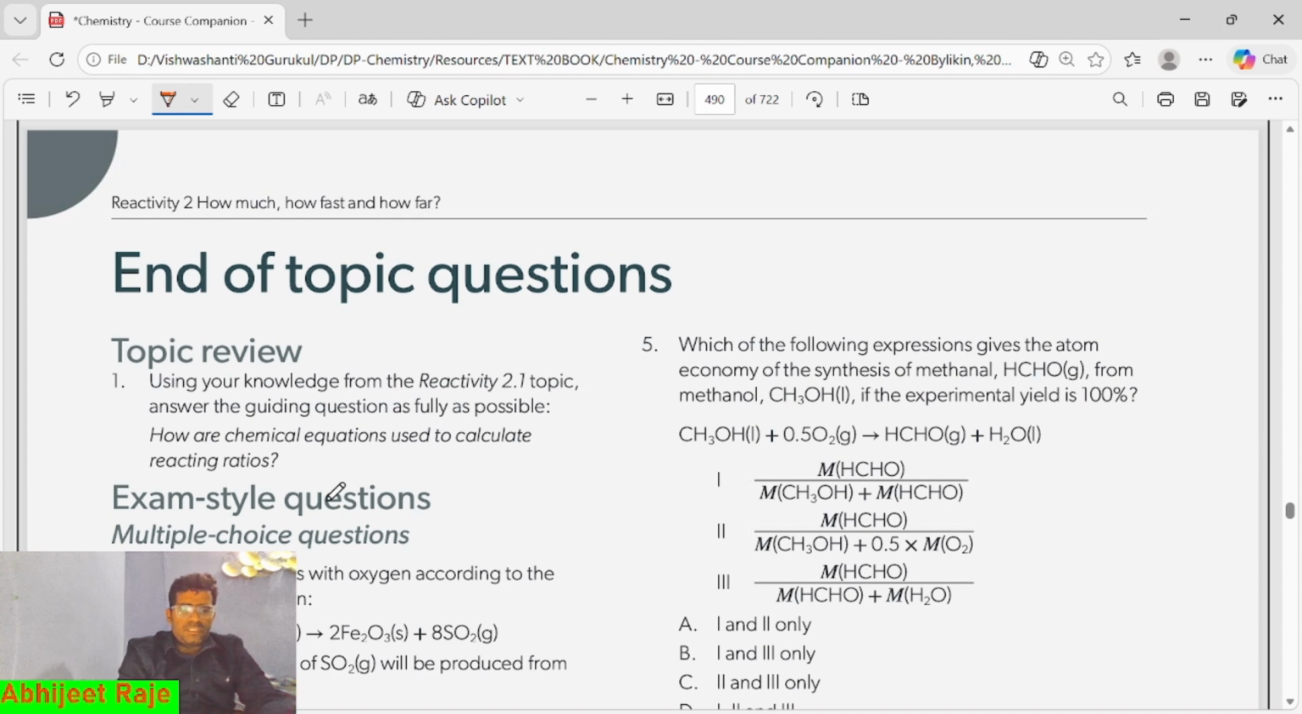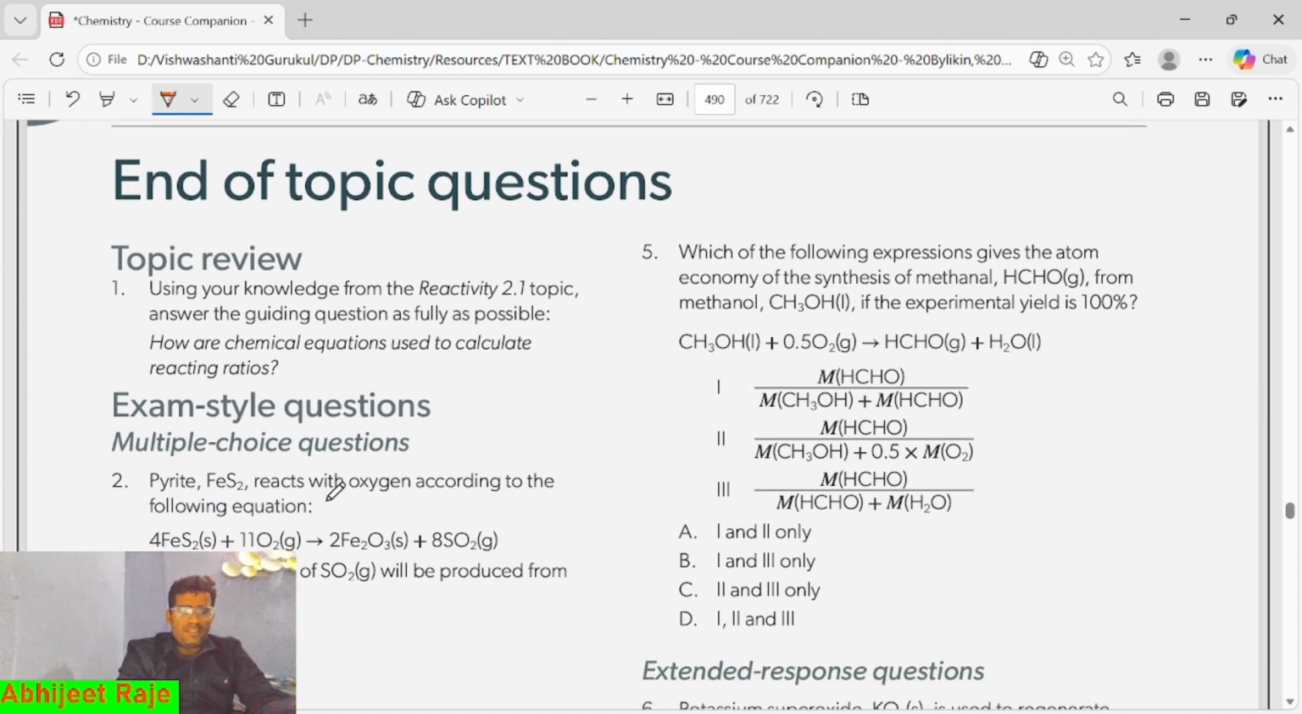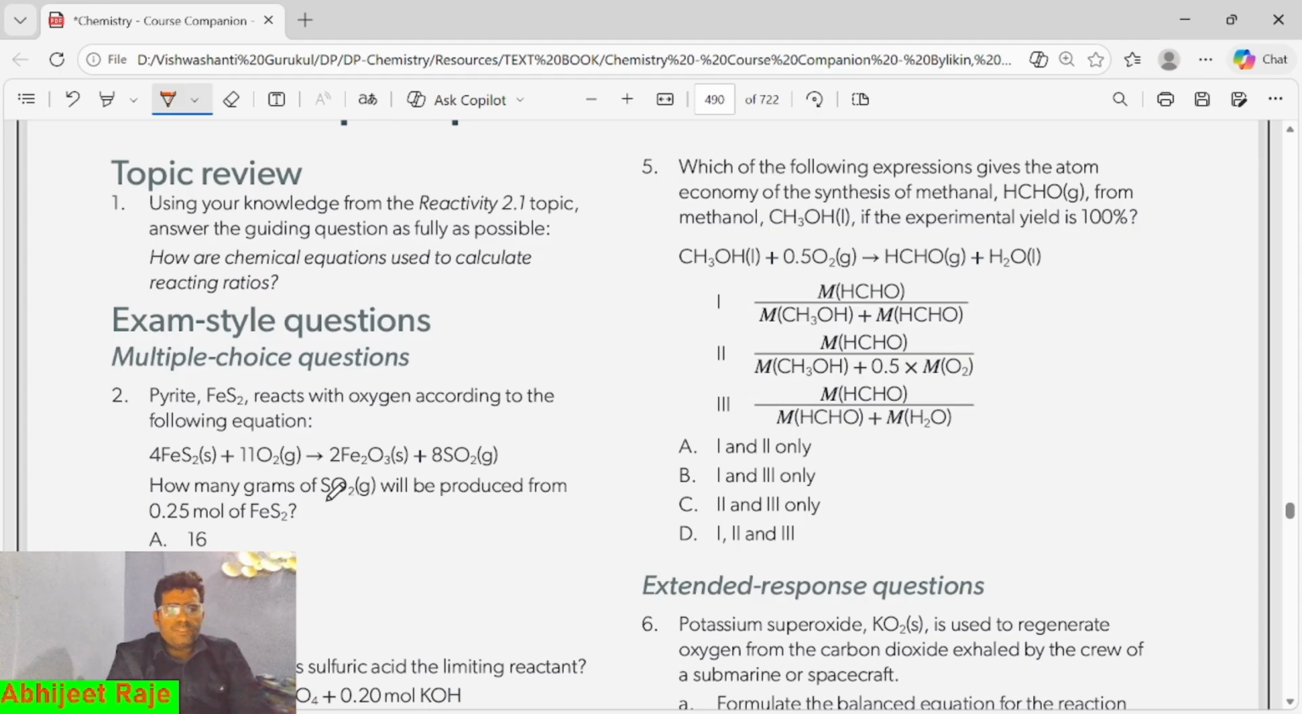So, first MCQ. Just look at the exam style multiple choice questions. Whenever you see these equations, the first task is observing these chemical equations very carefully. After observing, you need to see all the coefficients carefully. These coefficients play a very significant role when we are learning stoichiometry, right? Read the question. How many grams of SO2? Where is the SO2? Yes, SO2 is our product. Correct, will be produced from